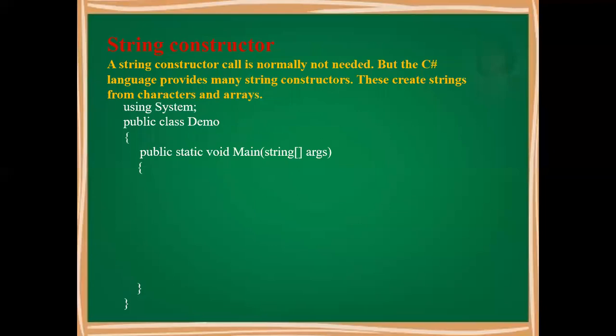So this is just an example, our programming block: using System, public class Demo. That is the name of our class. Now remember, students, this is the new thing I am showing here. In the first line of our program, we have started with using System. So whenever we want to use a namespace, whether user defined or built-in system namespace, in our program, we have to use the keyword called using. After using, we give a space and write System.